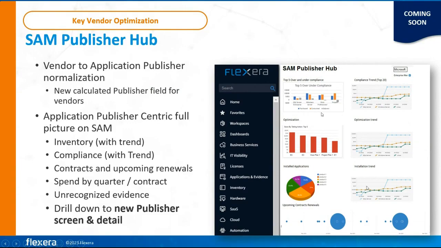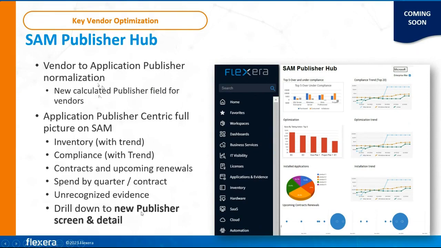All these visualization items are possible because we have the links between the vendors and the application publishers, and you can then drill down from these widgets to a new publisher screen that will contain